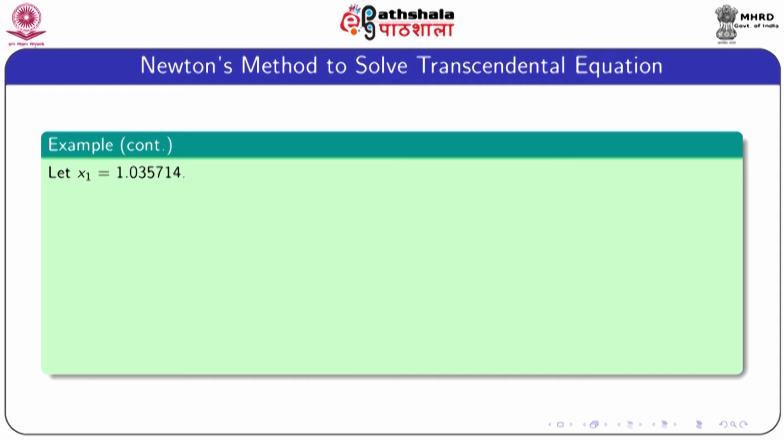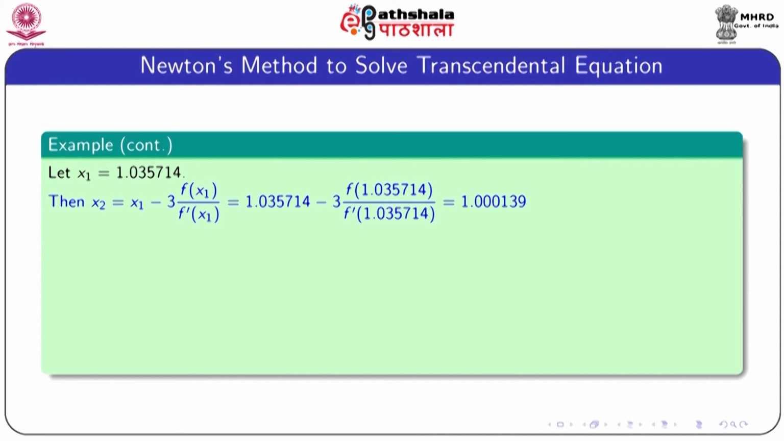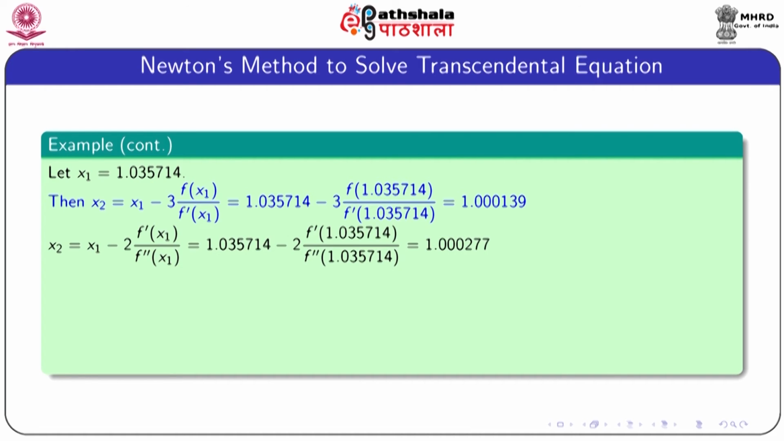So, consider the first approximate value of the root x1 equal to 1.035714, and using this value the second approximated root, that means x2 equal to x1 minus 3 into f of x1 by f prime x1. This is the first formula to get the second approximate root x2, and which is equal to 1.000139, and the